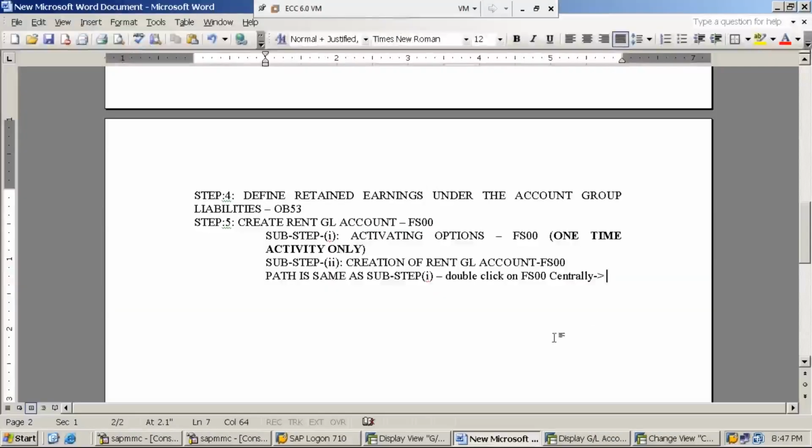Step number 6: create cash GL account using FS00. The transaction code is FS00.